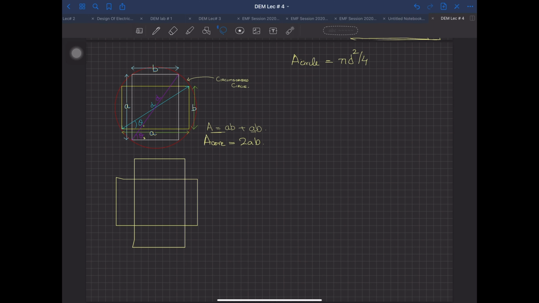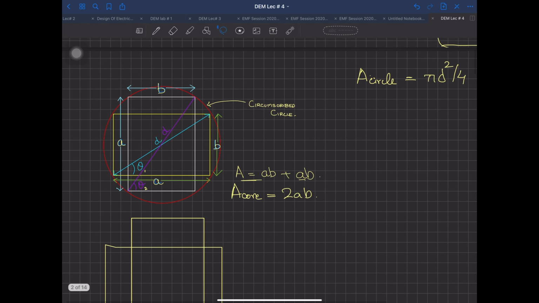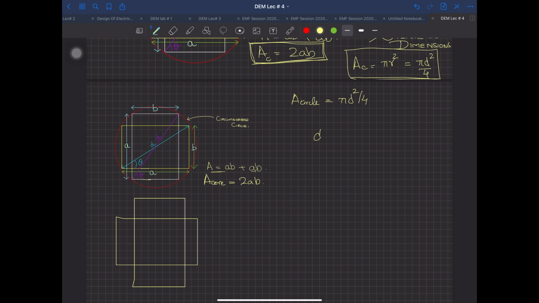Now question over here, how you can link up with this theta 1 or theta 2. I am just ignoring this. Okay, sorry. G. Link this D, theta and AB. I want a relationship for D, theta, A and B. Use again trigonometry. क्या हो गया?